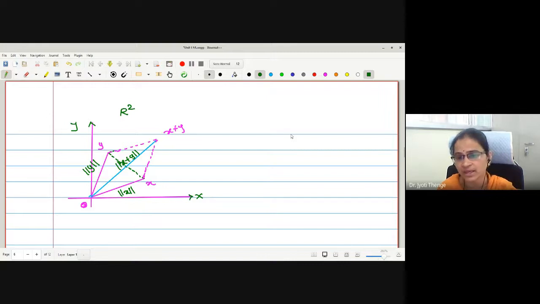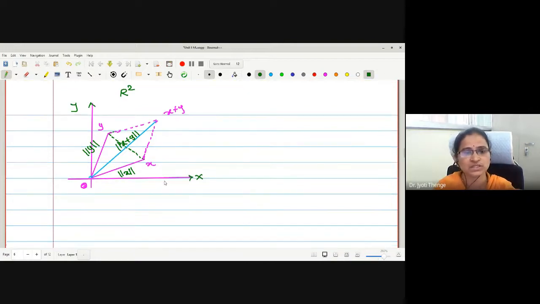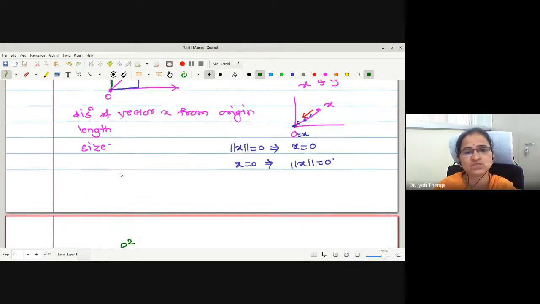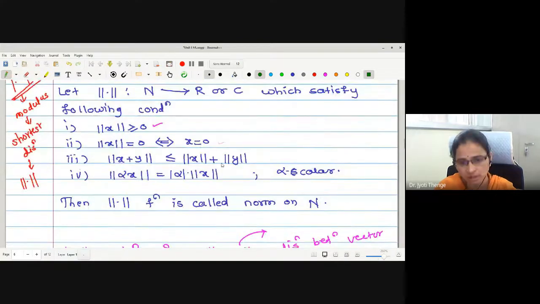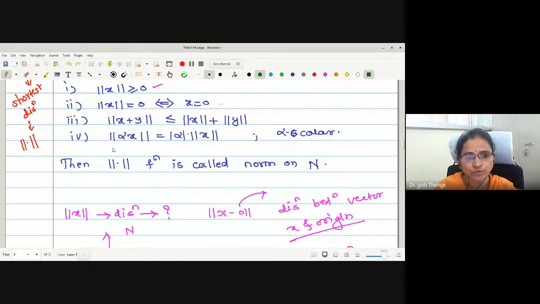You can take an example also. Let us take an example. Or I request you to just go through it. This is what a position actually is. And then norm of x plus y is less than or equal to norm x plus norm y. This is the interpretation of your third condition. Let us come to the fourth one.